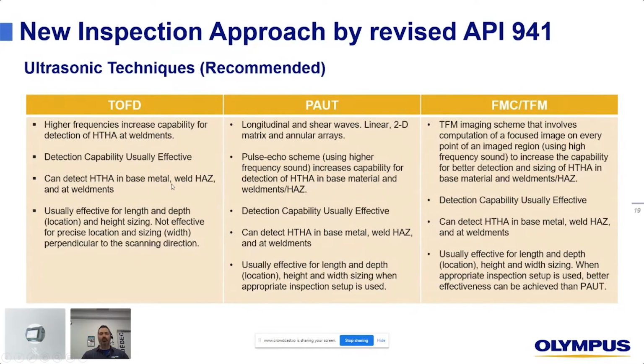So again, going back to the previous slides, we use TOFD for fast screening to get a ballpark location of where the cluster might be situated. So we can come later with an additional technique such as phased array or FMC to confirm those findings and also to further improve in terms of width sizing, because we can focus at the right depth, have the right frequency, and so on and so forth.